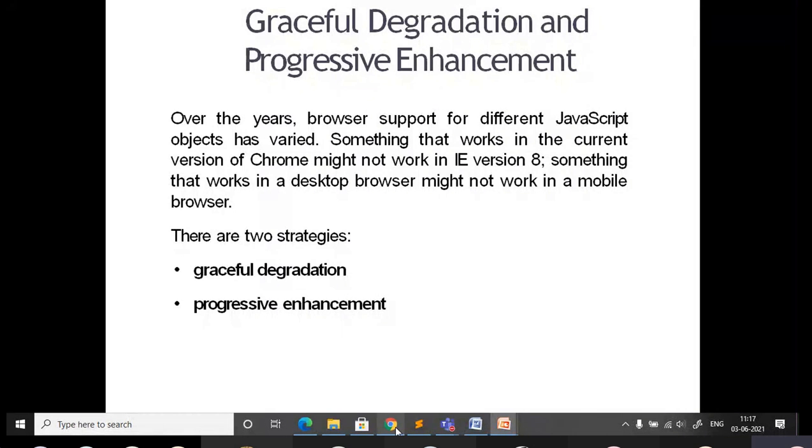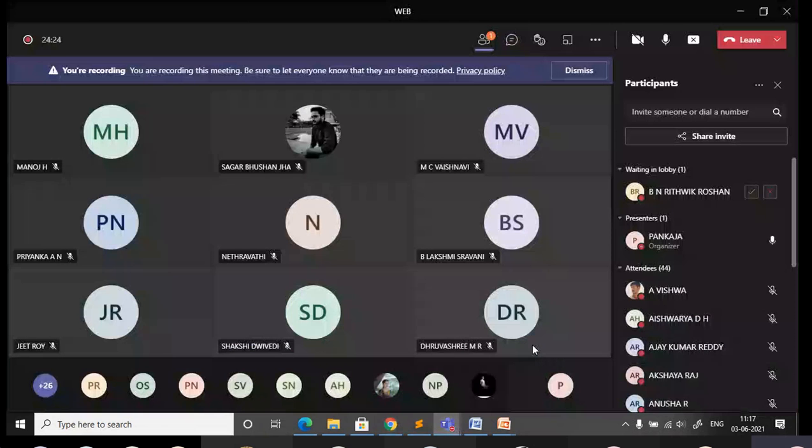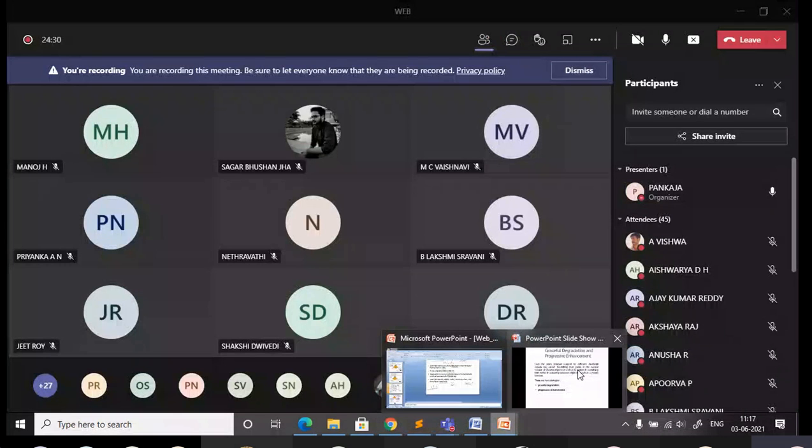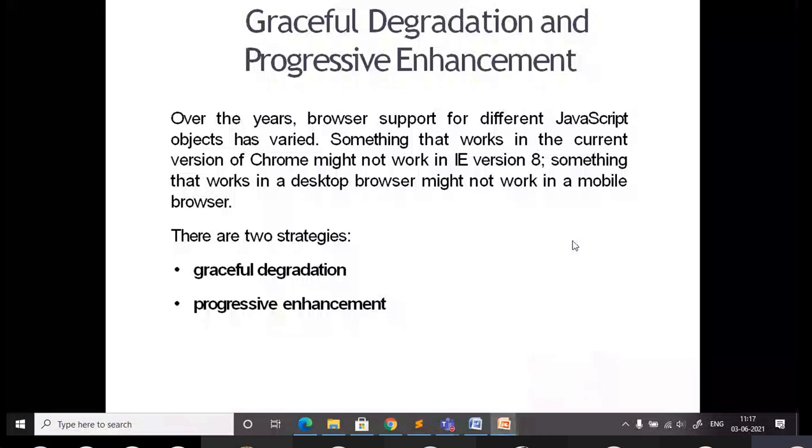In case the browser is not supporting JavaScript, it should not simply block the content. There should be some option, so that it still displays the content instead of blocking. That we call graceful degradation.